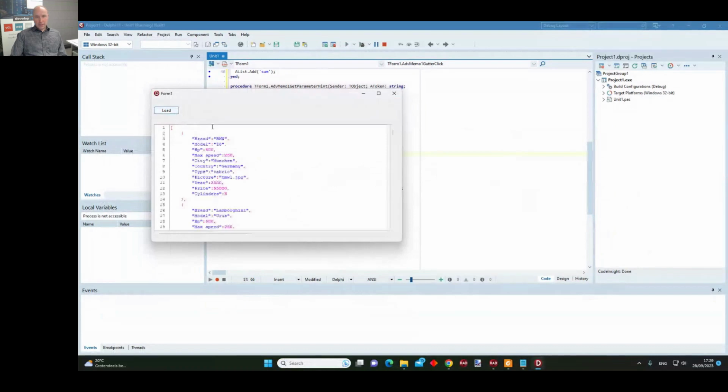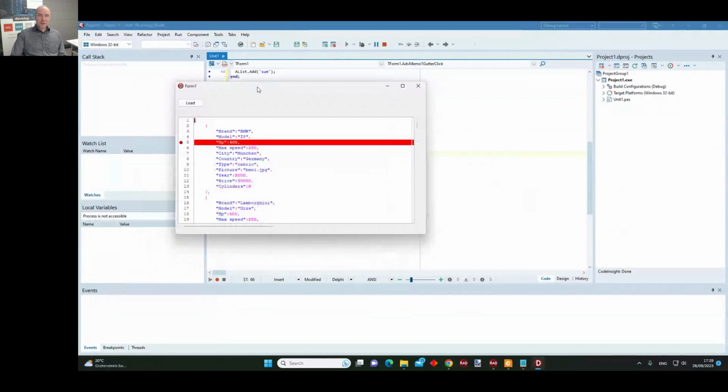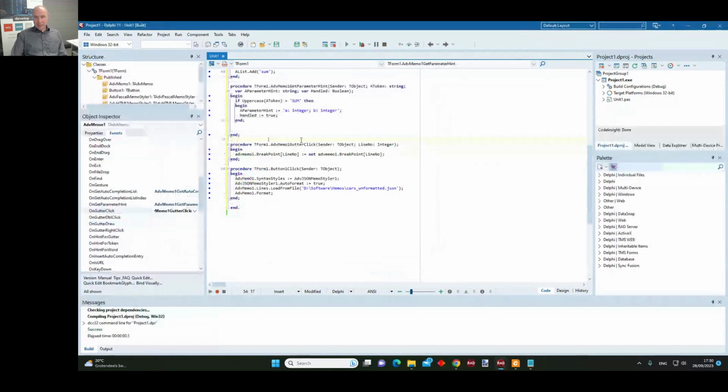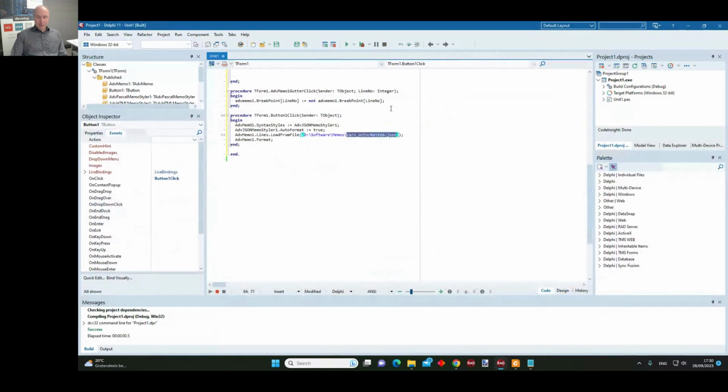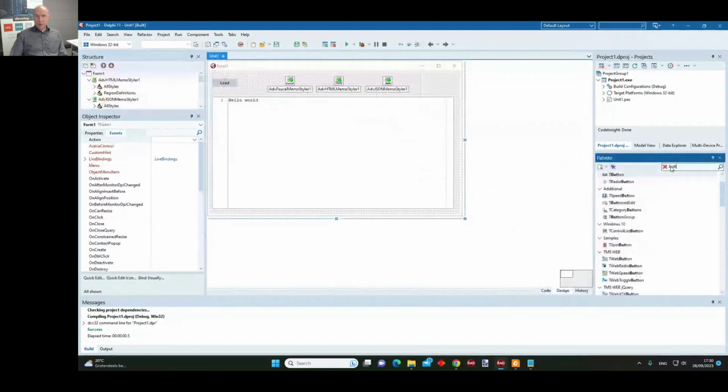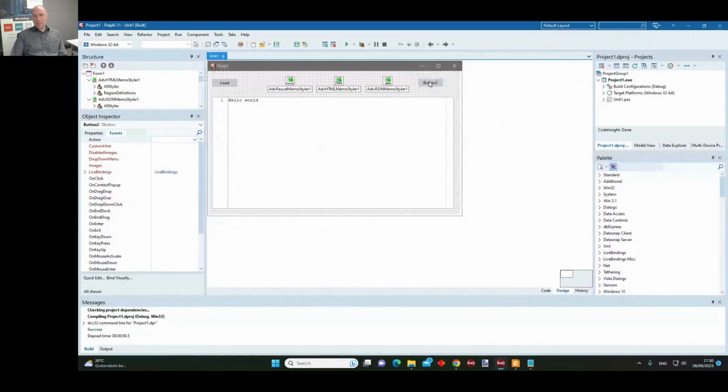And let's load. Okay, this is maybe the wrong code to load. JSON cannot really have breakpoints. But you can see that I can work with breakpoints this way. And I can do something similar, but maybe let's load something that makes more sense for this example. So I load the ADV memo again, and I will leave out these and use the default Pascal memo styler. And from a button, we will add a bookmark.